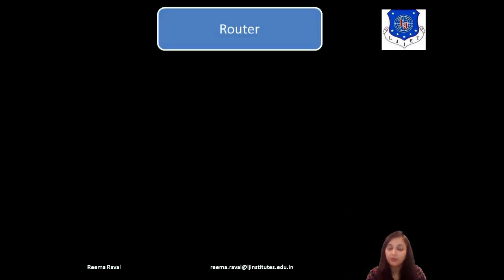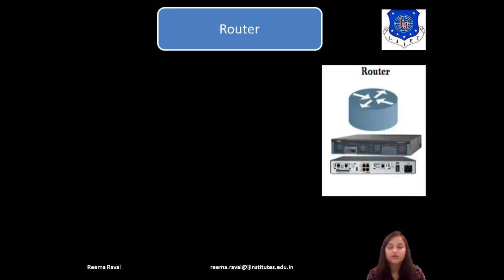Now next and very important device is the router. So basically, as the name suggests, routers are used to decide the path, or the route, which a packet must follow during transmission of the data, right? So according to the multiple paths available during transmission, the router's role is to decide from which path the data packet should travel and reach the destination.